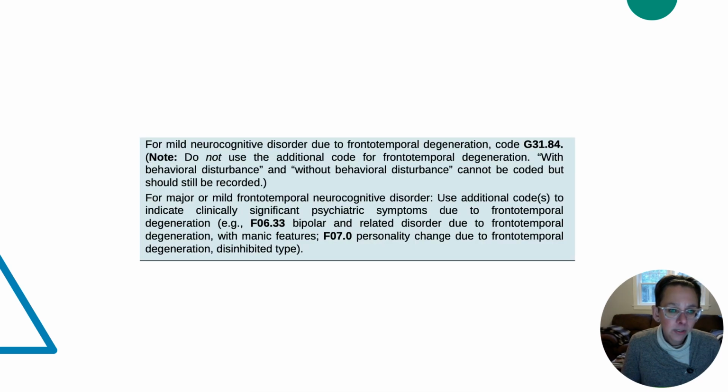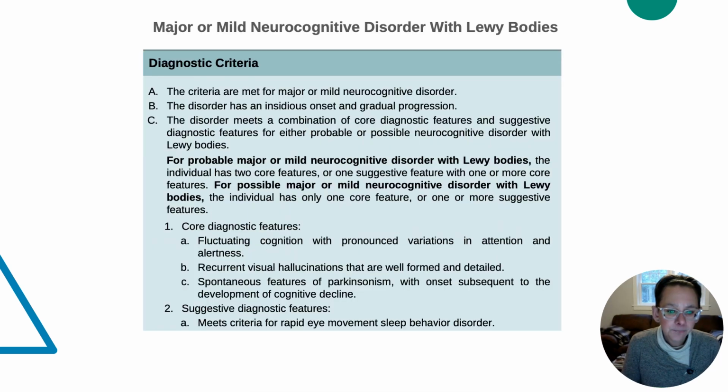And then more coding stuff for it. Then the Lewy body, fluctuating cognition with variations in attention and alertness. Totally saw it in the nursing home. They were there one day and not there the next day, and the family will tell you that. And then recurrent visual hallucinations that are well-formed and detailed. The hallmark is animals. I'm telling you, the amount of people with Lewy body that are seeing cats run by